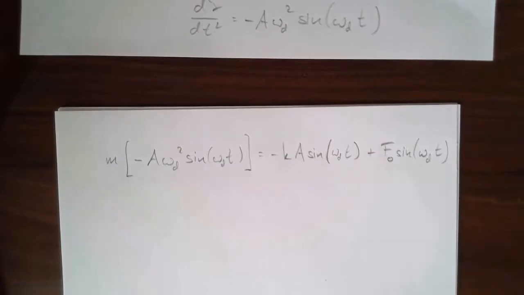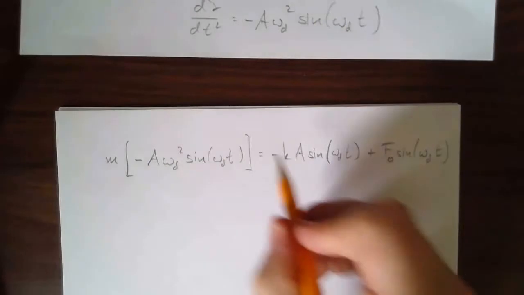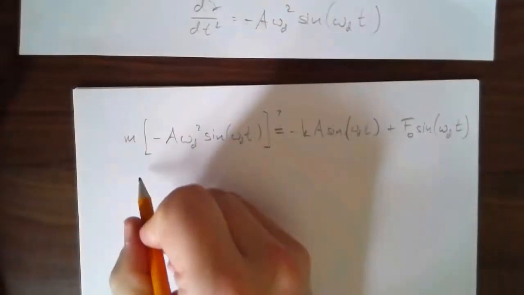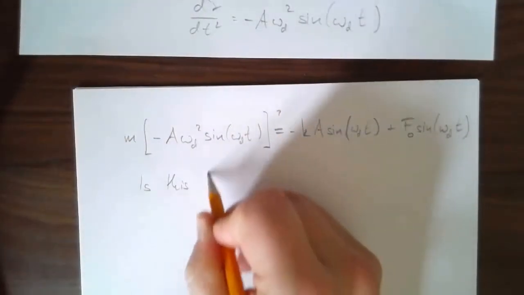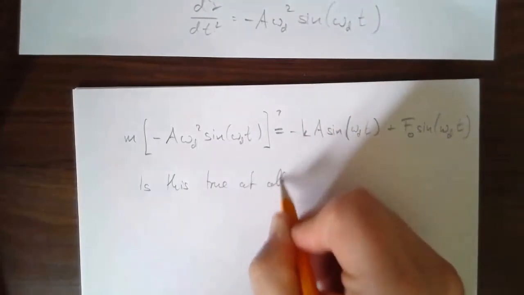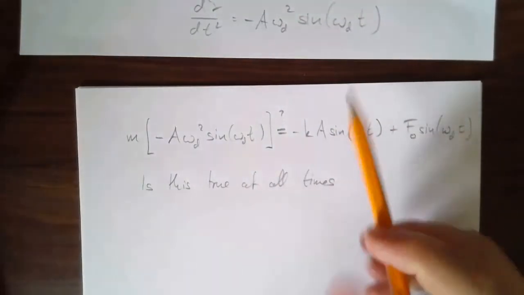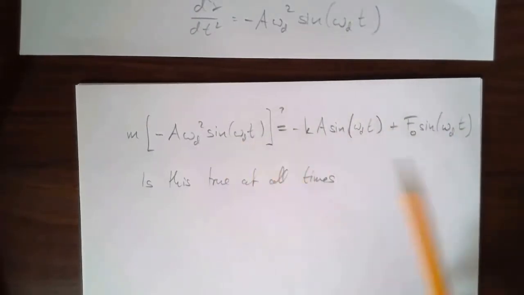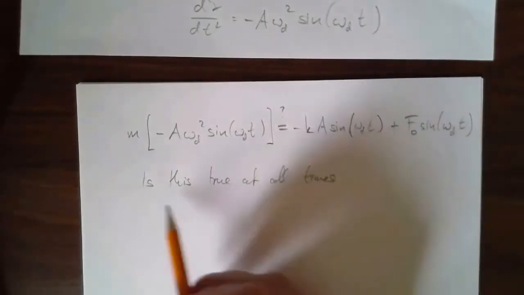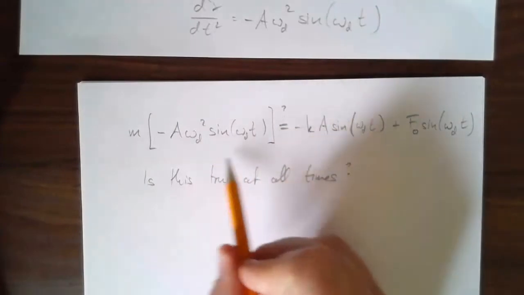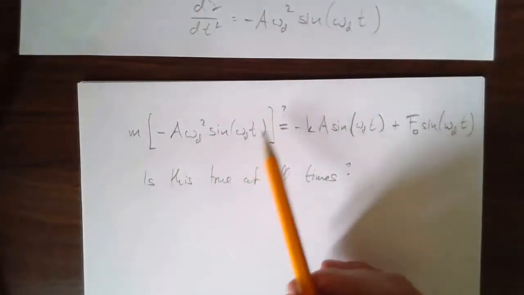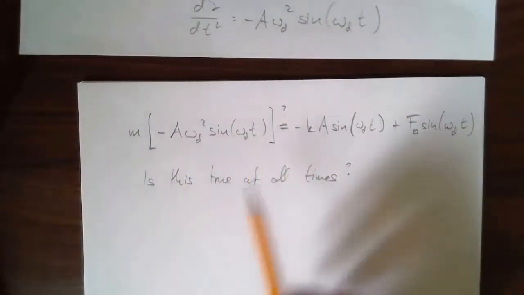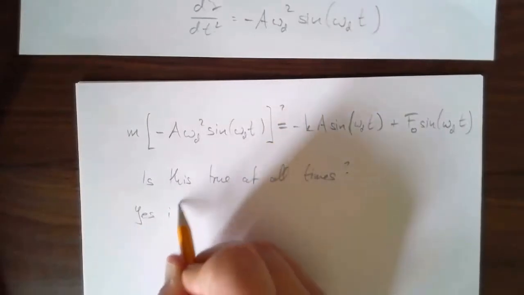Okay. So, is this true, right? This is a question mark. We're trying to check whether the left-hand side is the right-hand side at all times. So, is this true at all times? Well, we can certainly simplify it a little bit. There's the same sine function in all of them, so that cancels out. So if this equation is true, then it's also going to be true if the sine functions cancel out. Okay? They're not the issue. They don't make this equation true or false. The answer is yes, if